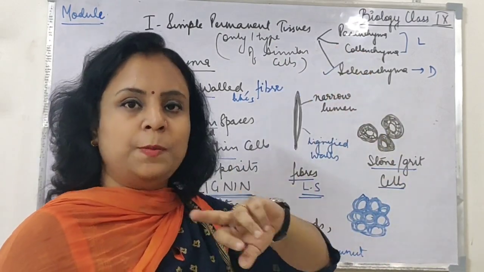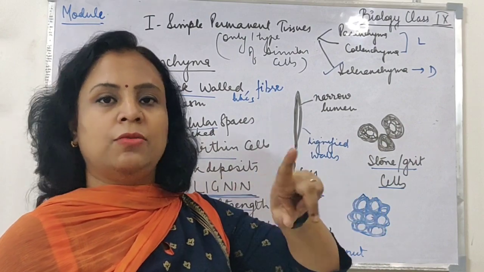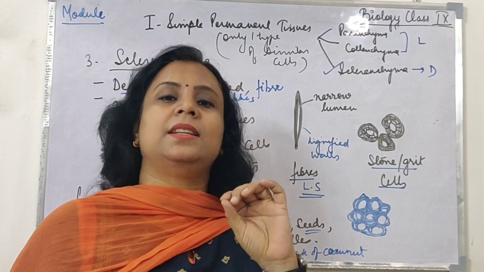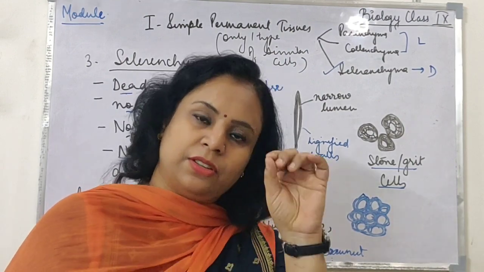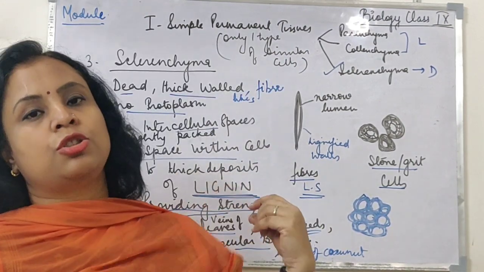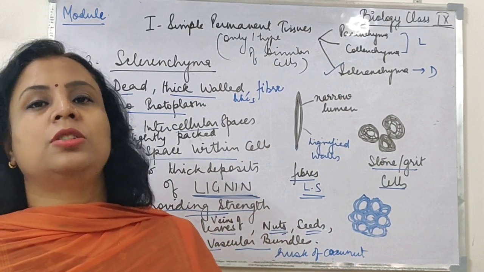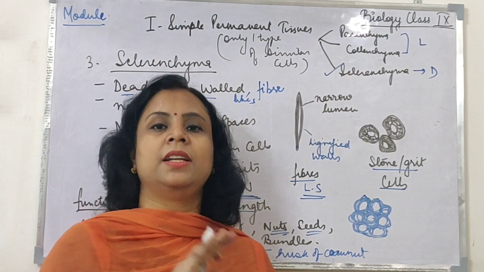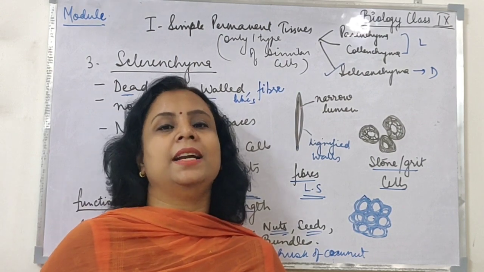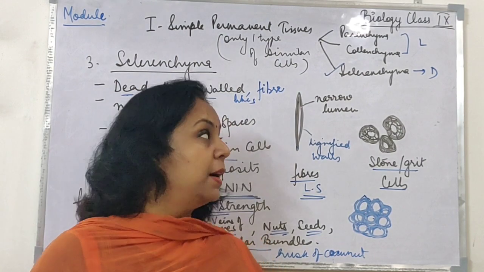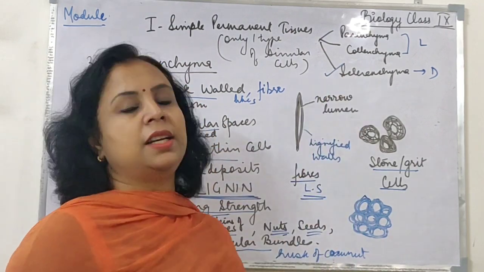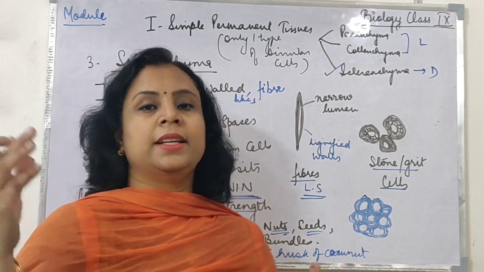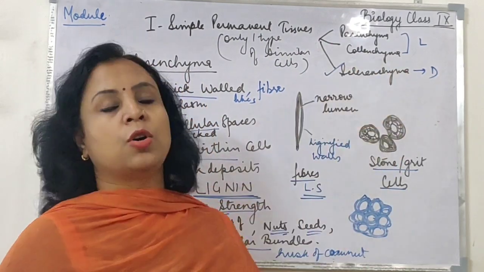It is a living tissue. All cells are similar, thin walled. Then we saw collenchyma, which is present in the leaf stalks and soft stems. It is also present in the tendrils just beneath the epidermis, and it allows flexibility and movement of the plant parts. Last but not the least, we studied sclerenchyma, which is basically a dead tissue, and it has got